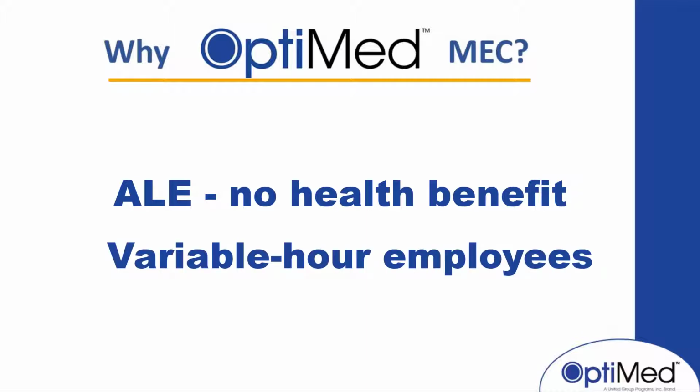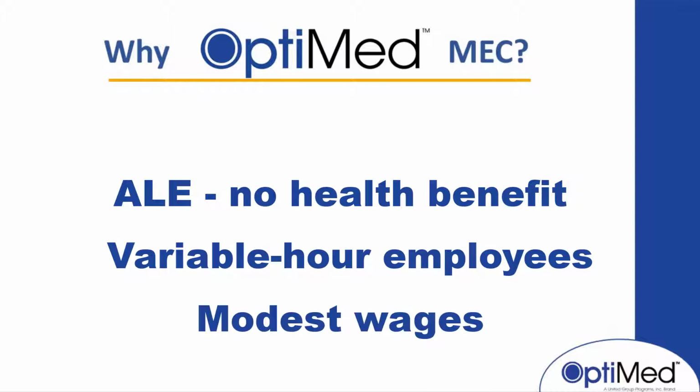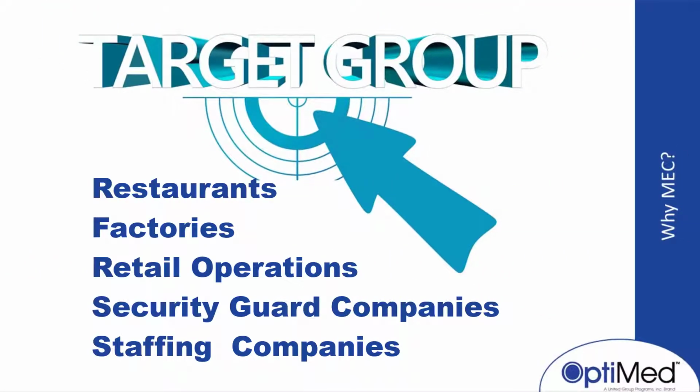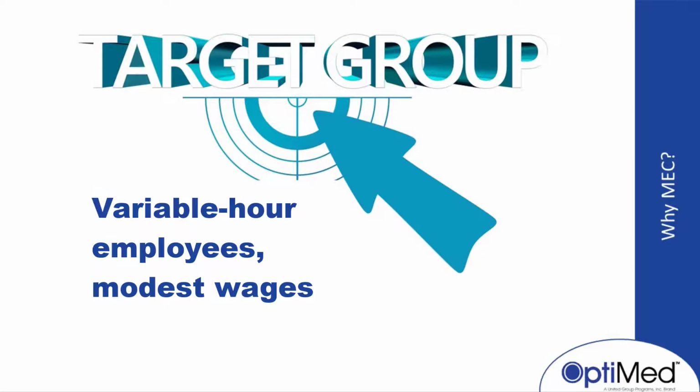You're a group that has a lot of variable hour employees that don't make a lot of money. Common groups would be restaurants, factory, retail operations, security guard companies, staffing companies, where you have a large variable hour employee base that doesn't make a lot of money. So essentially, how do you get compliant with the law, right? By offering minimum essential coverage to these employees when potentially they won't enroll or they don't make enough money to afford the premiums that their contributions would put into play. So that is the problem, and